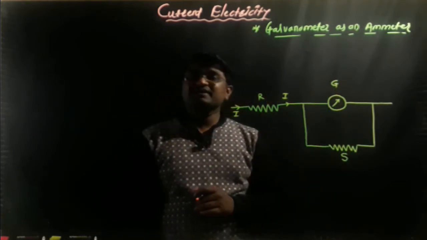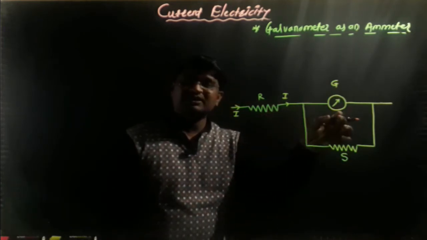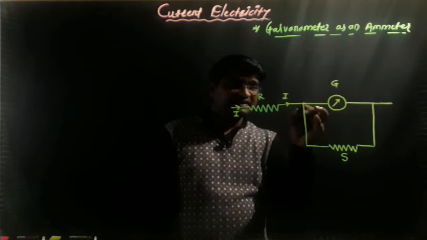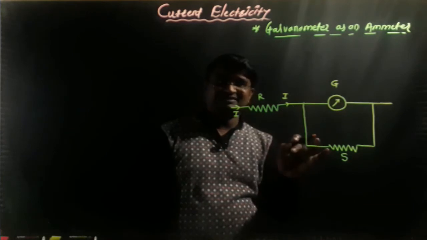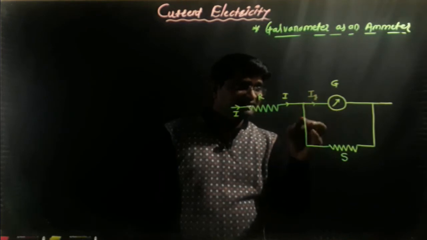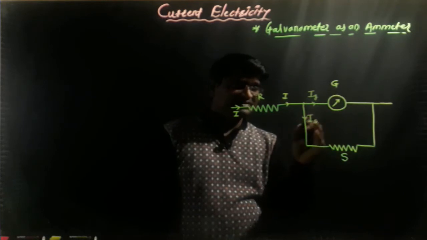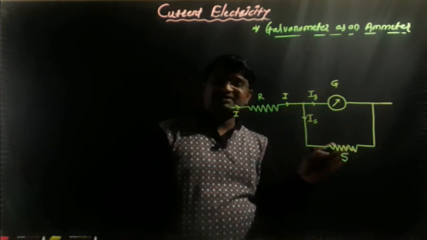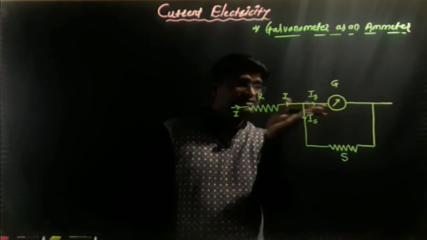If the low resistance is connected in parallel with the moving coil galvanometer, what happens? If the resistance of the galvanometer decreases, the large amount of electric current I will be passing through it right now. But when this electric current reaches the point of junction, this electric current I will split in two directions. Some electric current will pass through the galvanometer, denoted by Ig, and the remaining electric current moves to the shunt resistance, denoted by Is. And when the electric current is split, the large amount of electric current will pass through the shunt resistance, and Ig, a small amount of electric current, passes through the galvanometer.